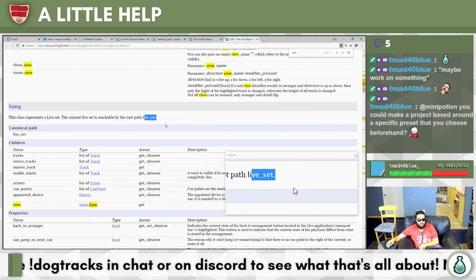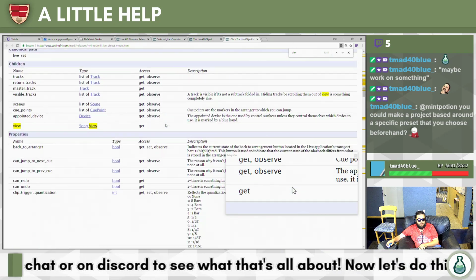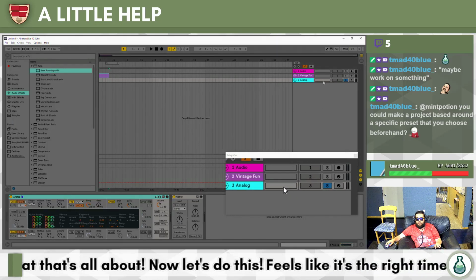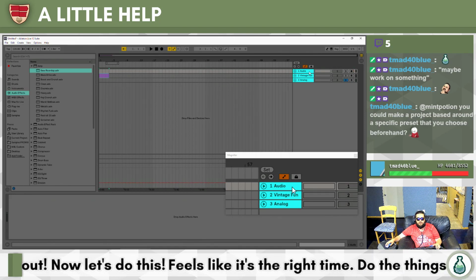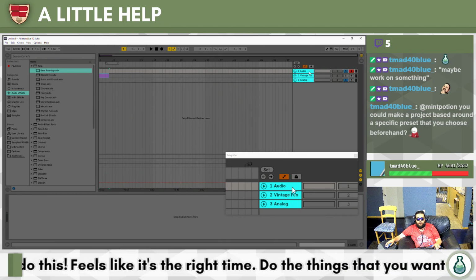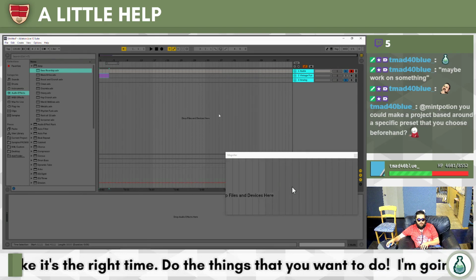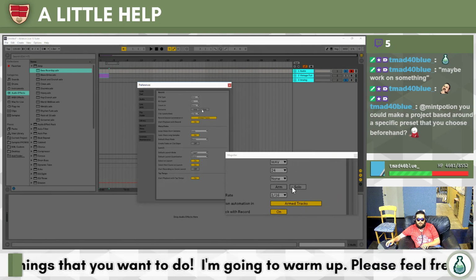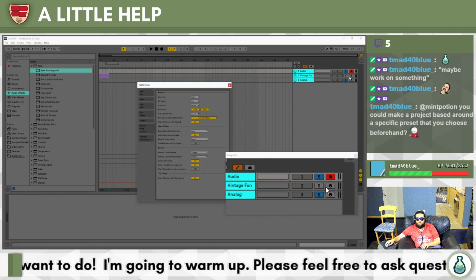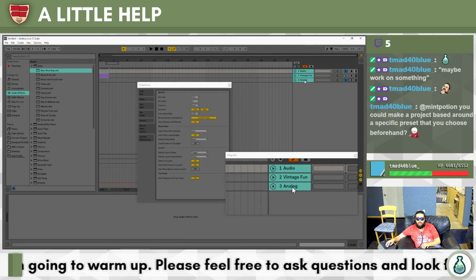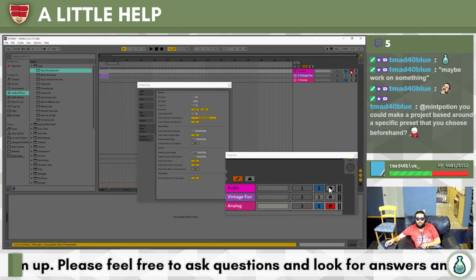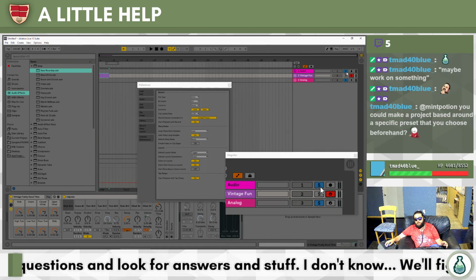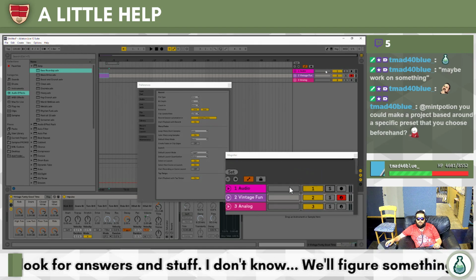But yeah, using live set as the root path, we can get information. I'm also interested in how selections work, because one way that we can address this issue of not being able, let's say, to arm a bunch of things. First of all, that could be a preference, right? Where I have exclusive arm mute in this screen. So exclusive arm and solo is supposed to work so that when you have one selected, it'll unsolo the other thing, right? And you have to kind of decide that you want to solo or arm or mute any of the other tracks.